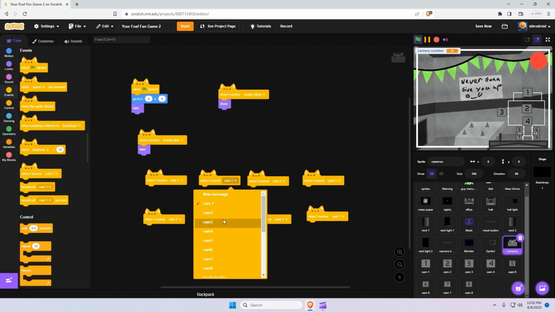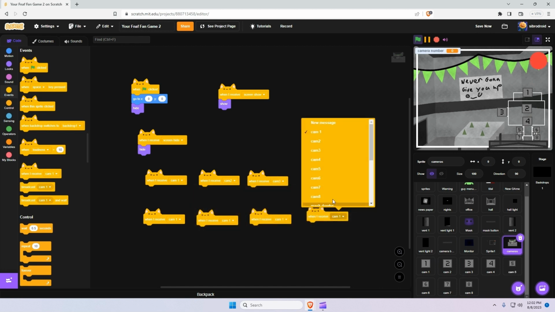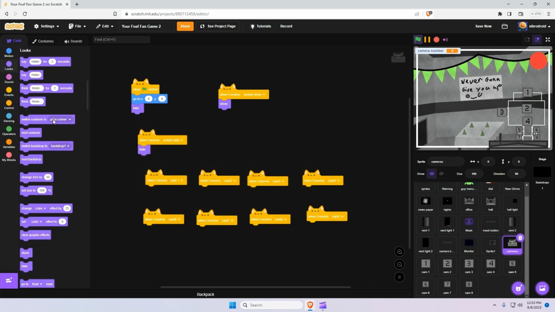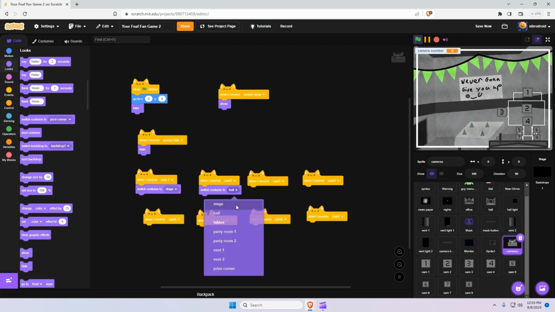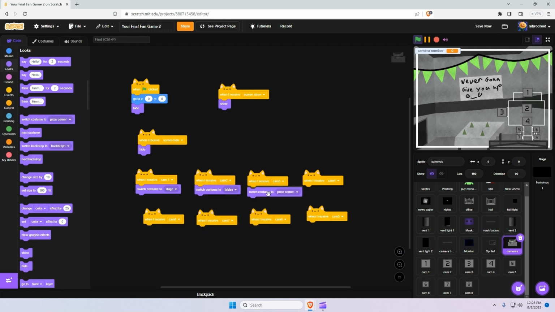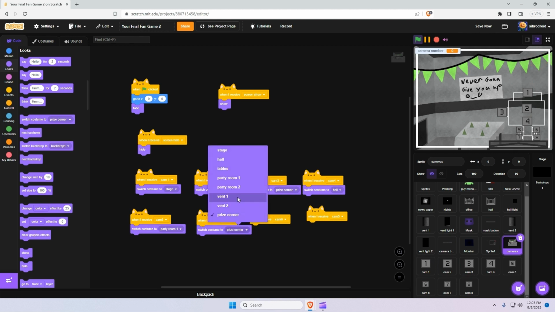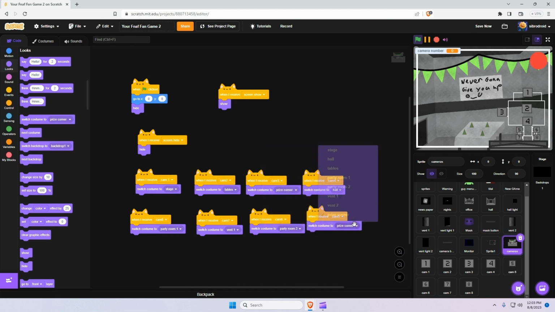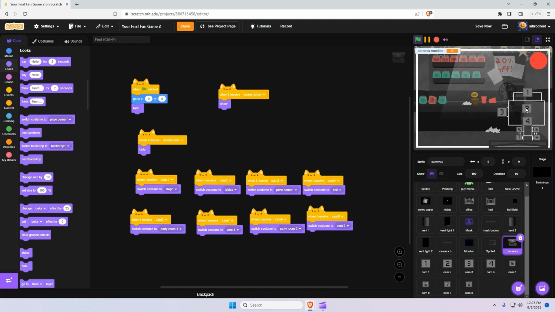Alright, cam 1, 2, 3, 4, 5, 6, 7, 8. Alright, I'm going to switch to cam 1, broadcast stage, cam 2, broadcast tables, broadcast cam 3, go to prize corner, 4 equals the hall, 5 equals party room 1, 7 equals vent 1, 6 equals party room 2, and 8 equals vent 2. So if we should test this out,